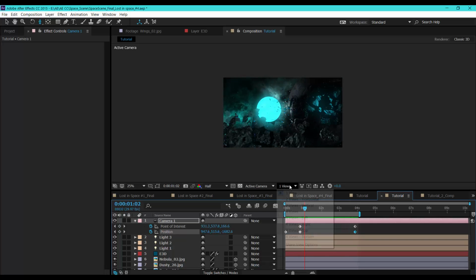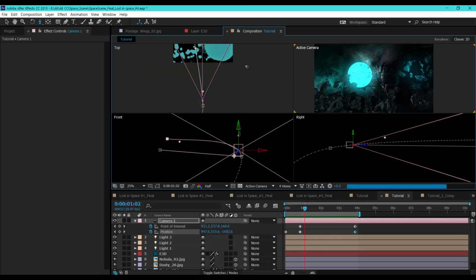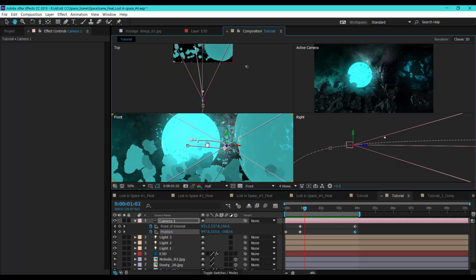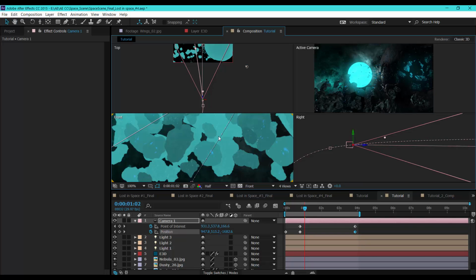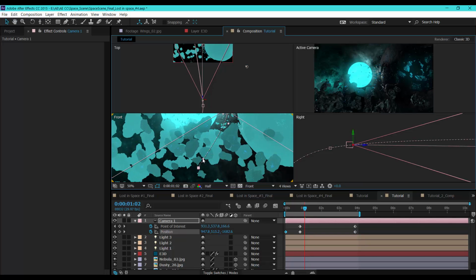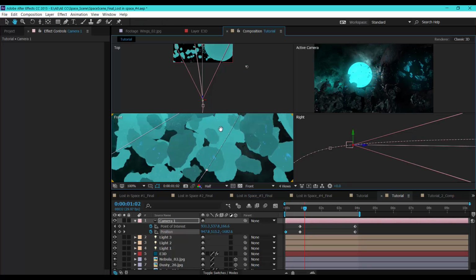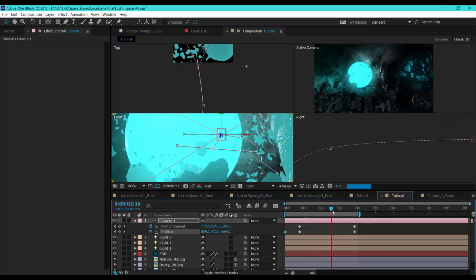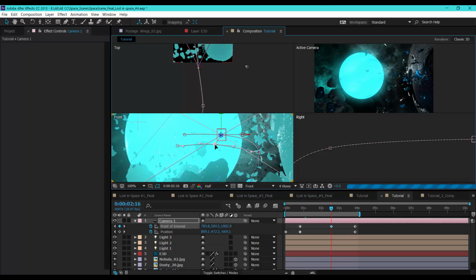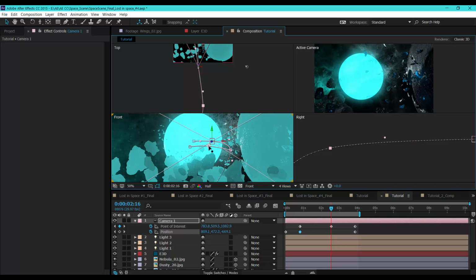Let's go to the four view, and you can refine the curves. So that's this. This is not necessary, but if you want to, remove this here. Okay.